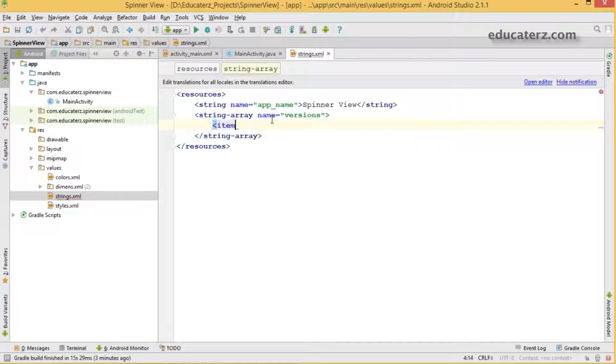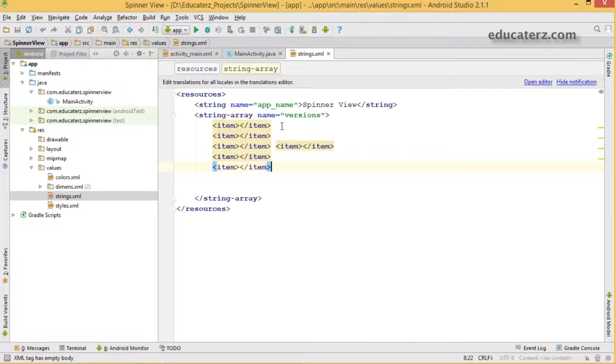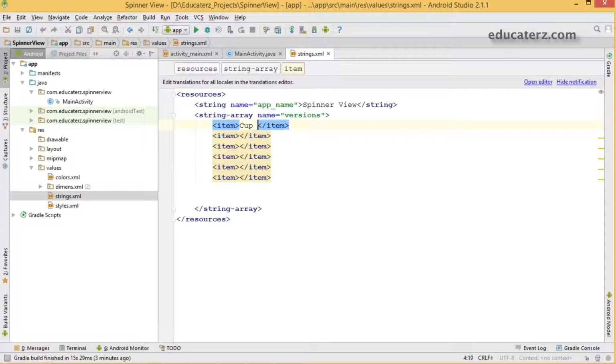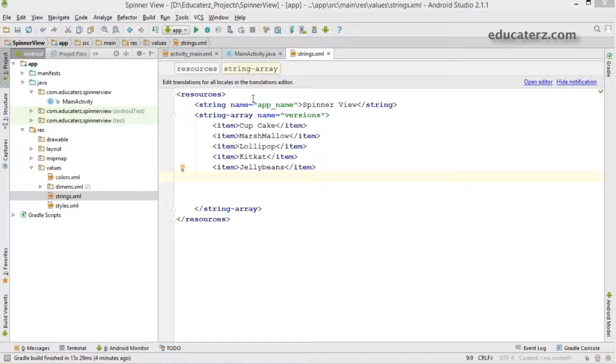It is going to take items inside this. I'm going to create four to five items. Just copy this item. The first one is Cupcake, and I'll add all the other values. So I'm done with creating the string array.